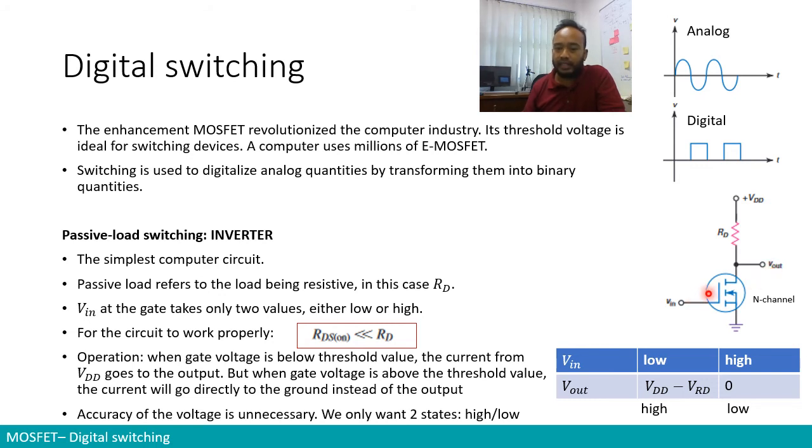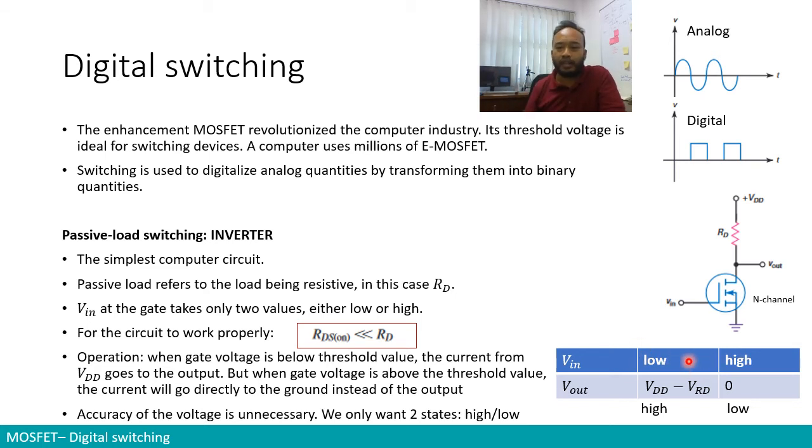But when the gate voltage is above the threshold value, then we will create the channel, the N channel. Therefore, there is a connection between drain and source, and the current will be allowed to go through the drain and source, and it will go directly through the ground. If it goes directly through the ground, then the current will not go through V output. So what we can see is that when our V input varies between low and high, of course low means